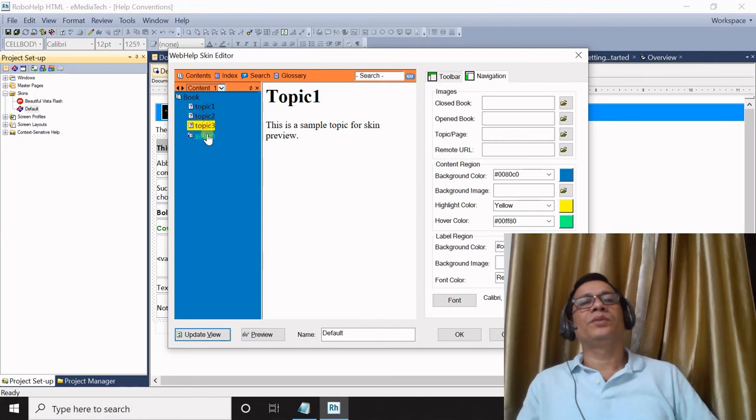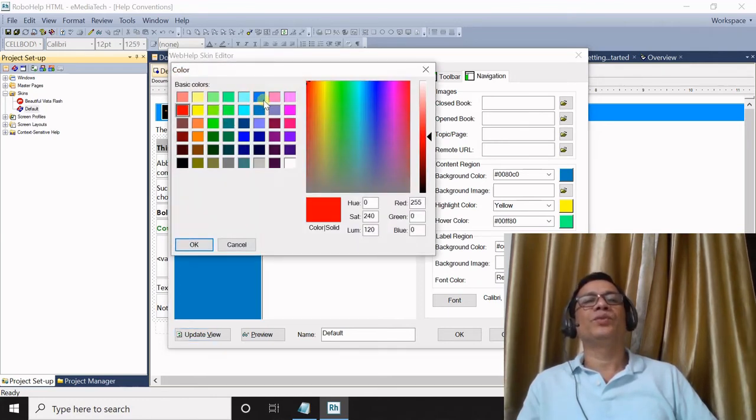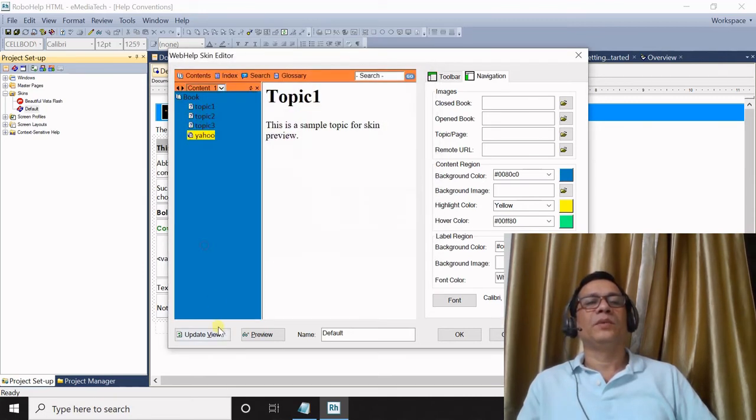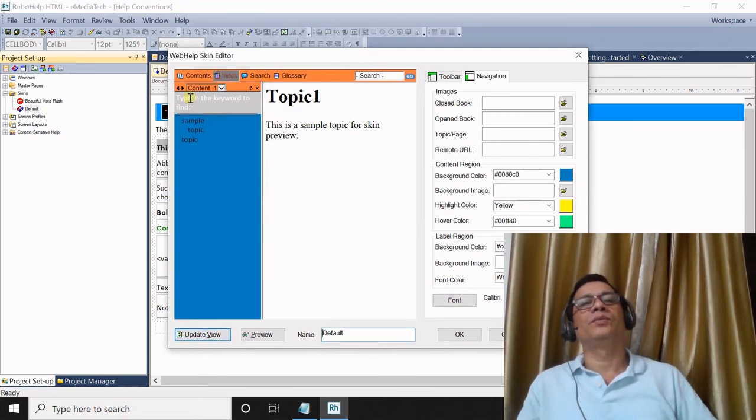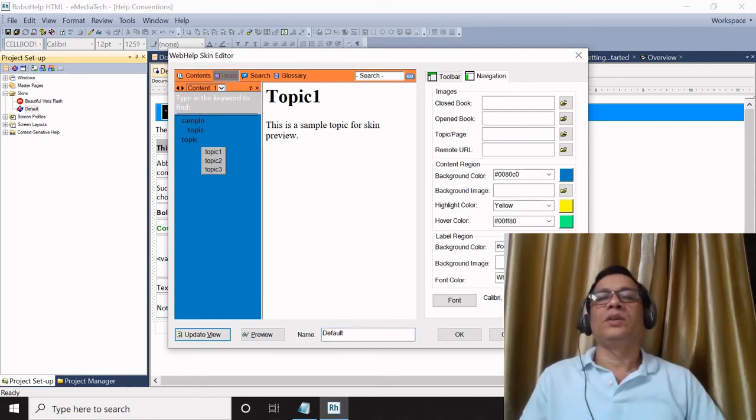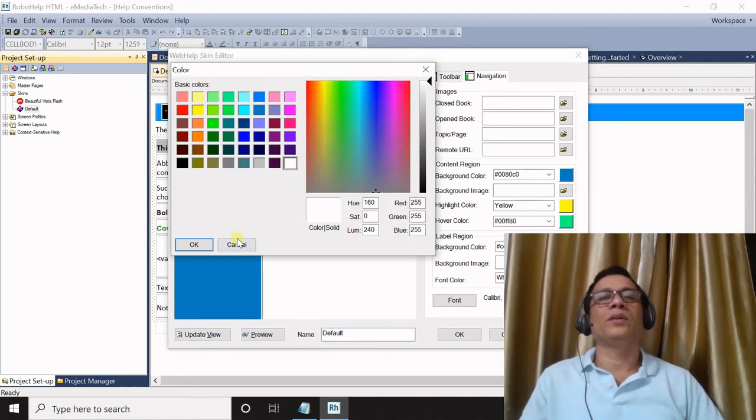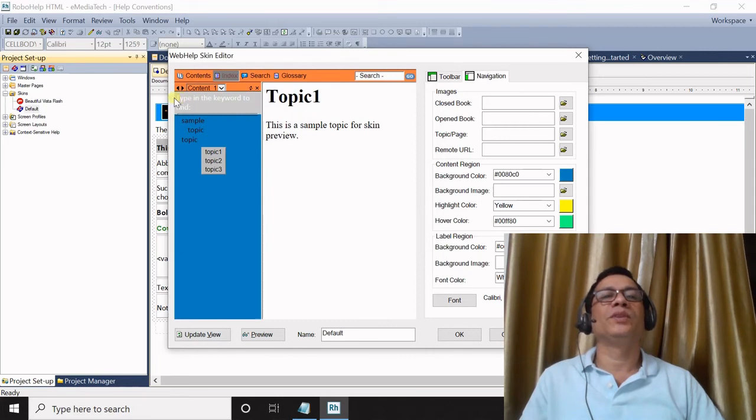I have to change this to a different color. White. We'll update this and we'll see that this has changed. This is the color for this text.